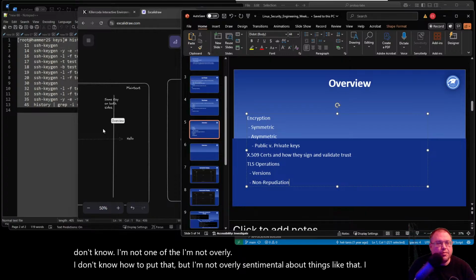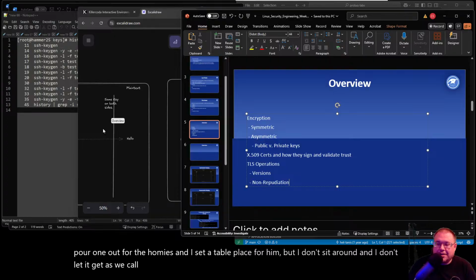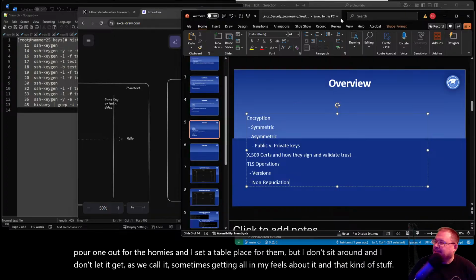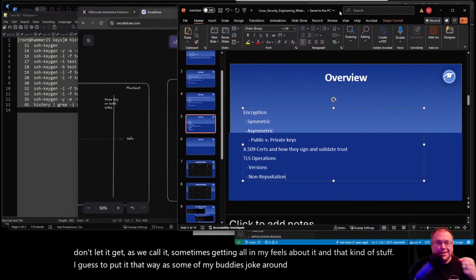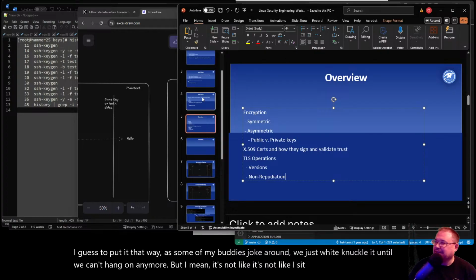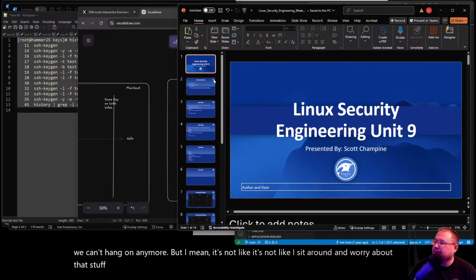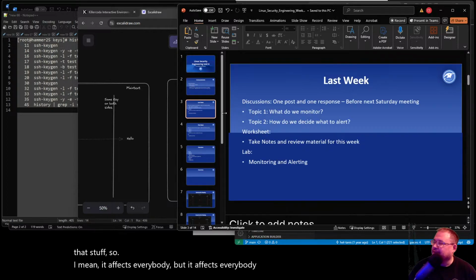I pour one out for the homies and I set a table place for them, but I don't sit around getting all in my feels about it. As some of my buddies joke around, we just white knuckle it until we can't hang on anymore. It affects everybody, but it affects everybody differently, obviously.